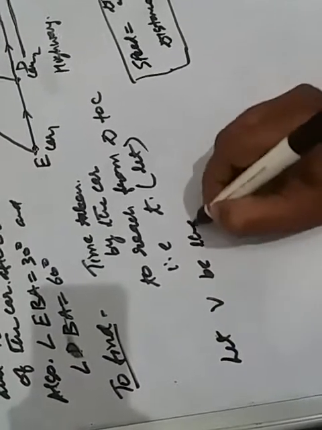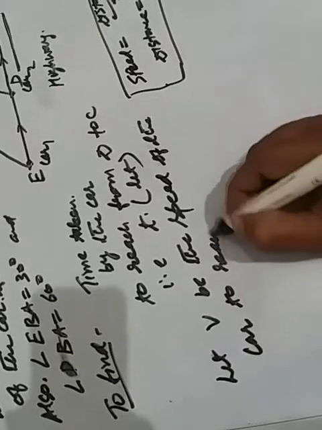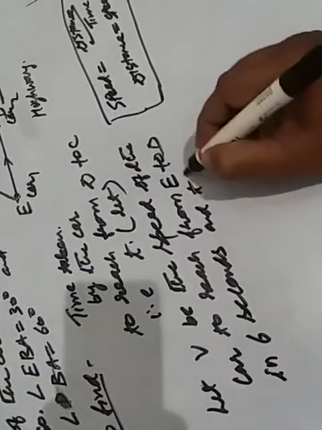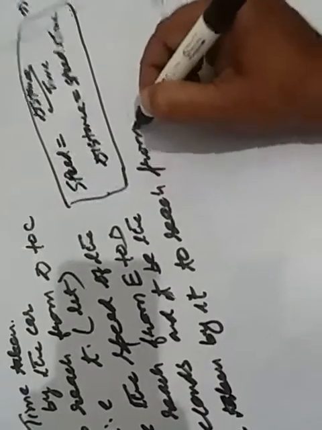Okay children, now let V be the speed of the car to reach from E to D in 6 seconds, and T be the time taken by it to reach from D to C. Okay children, this implies that distance